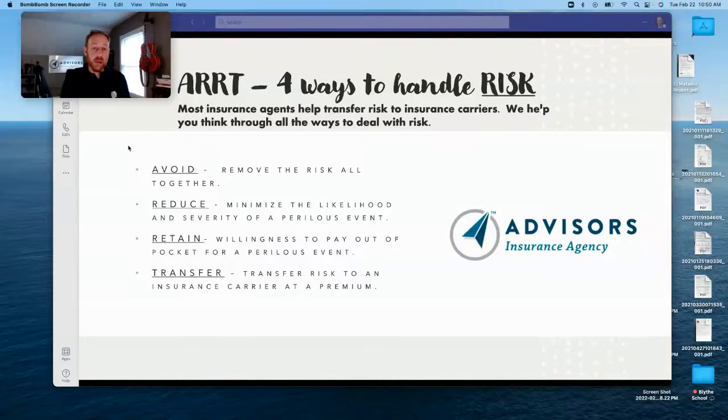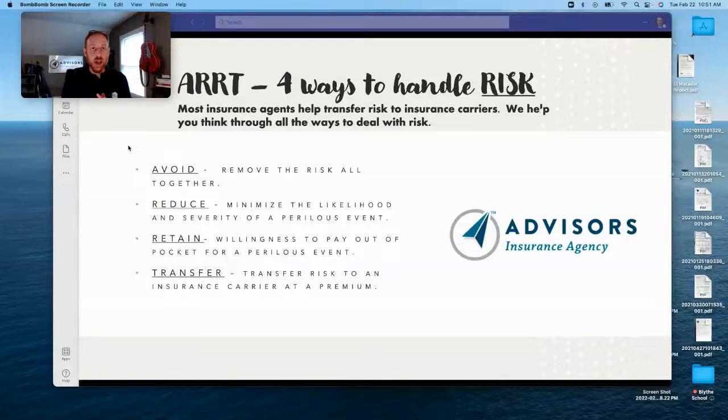If you're a business owner, maybe there are certain products or services you provide for your customers that aren't very profitable and add additional risk. One good example I can think of is a lawn care provider who additionally will cut down trees. Well, cutting down trees is extremely risky. If that's not your main source of income, it could significantly increase your insurance expenses for an area that you're not specialized in. So avoid that risk altogether to keep your insurance premiums low, right? So there's a certain way to avoid.